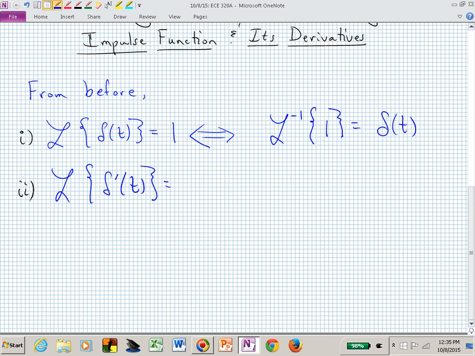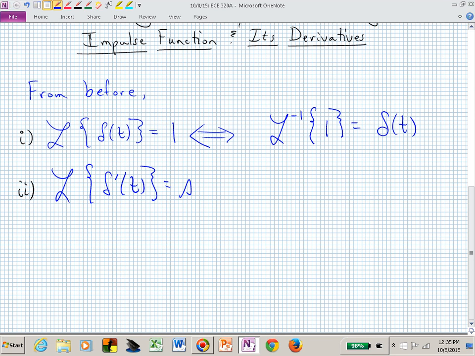So now you have the derivative of an impulse, which is a very interesting concept to even think about. An impulse is an ideal waveform to begin with. Now you're differentiating this item that takes off and goes to infinity in an infinitesimally short amount of time. This is kind of a nasty beast, but